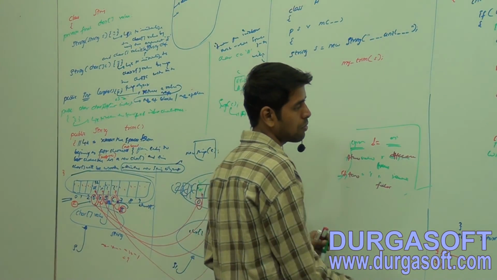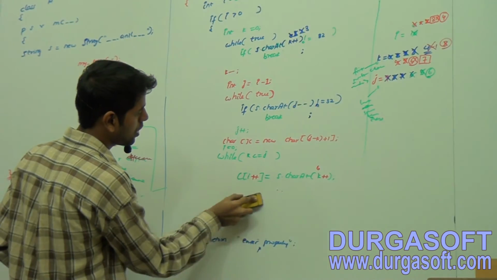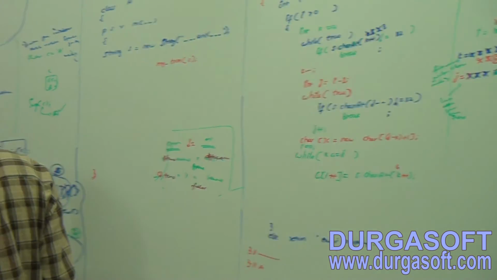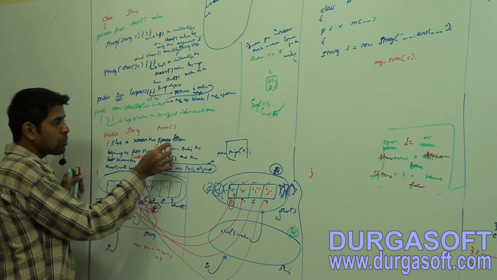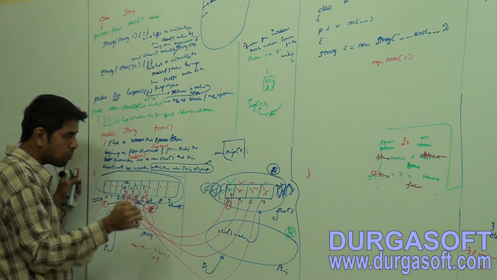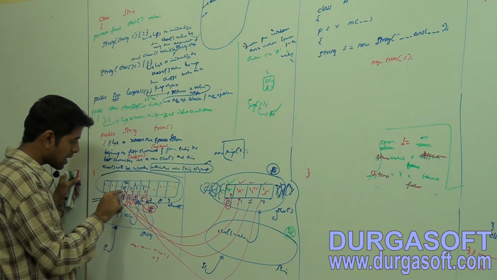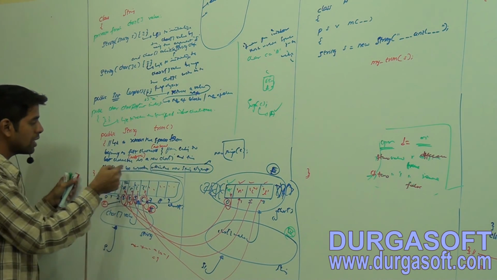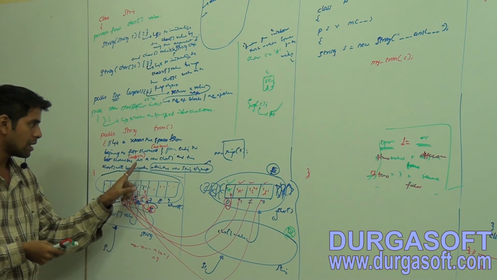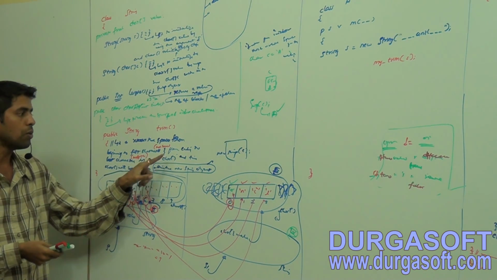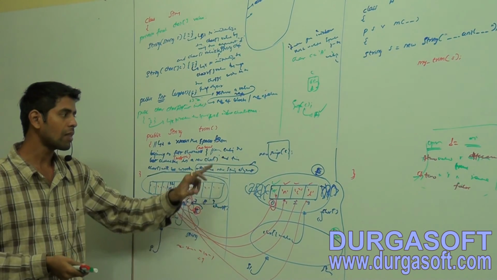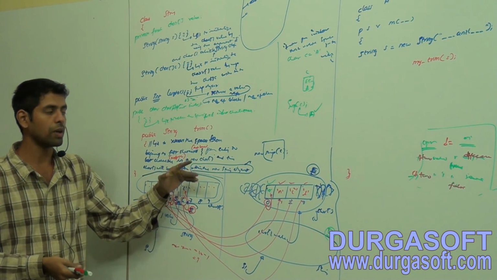Simple trick. What we have to do? I said to you one thing. What is that? Internally, observe here, the logic is to remove the spaces from the beginning to the first non-space character, and from the ending to the last character. Read the first to last non-space characters into a new char array, and this new char array will be written within the